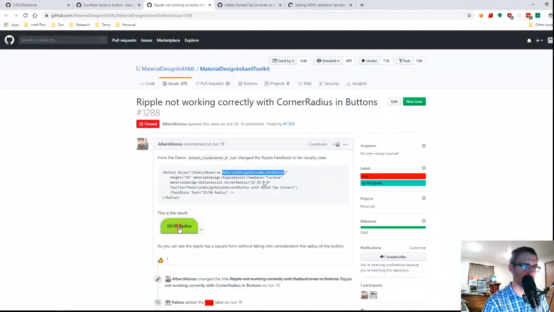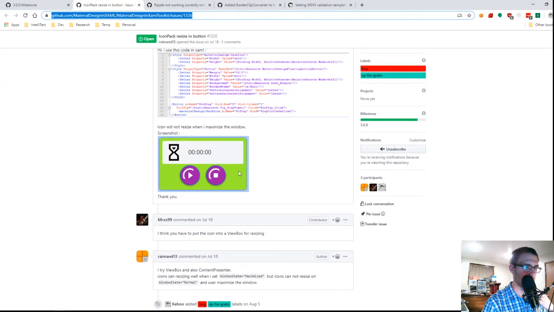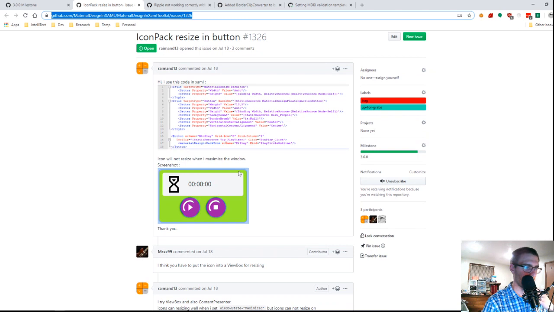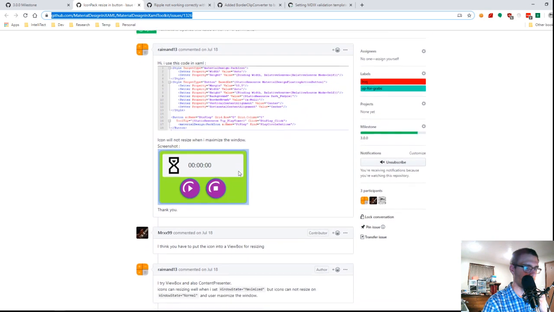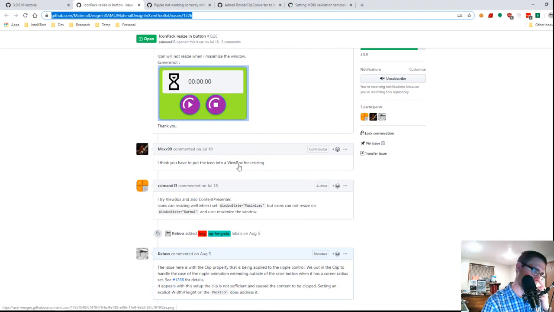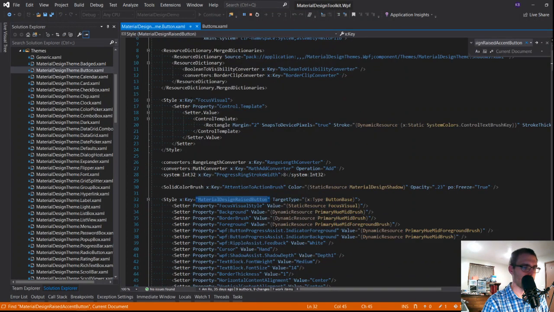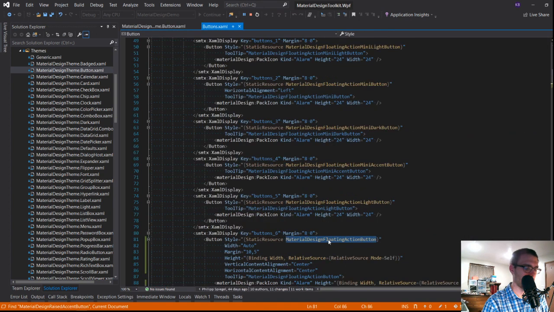Let's go back to this issue. Icon will not resize when I maximize window. So let's try this on a different button style.